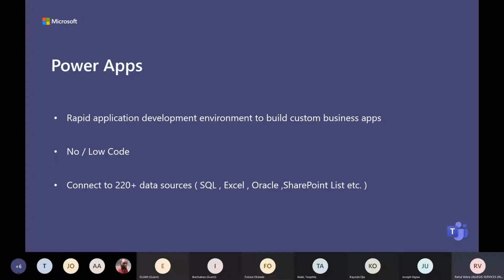The base versions virtually require no code or a very low level of coding, if at all. And then we've got the functionality of connectivity with a very large number of data sources, beginning with simple ones like Excel and going on to popular RDBMSs and SharePoint, etc.